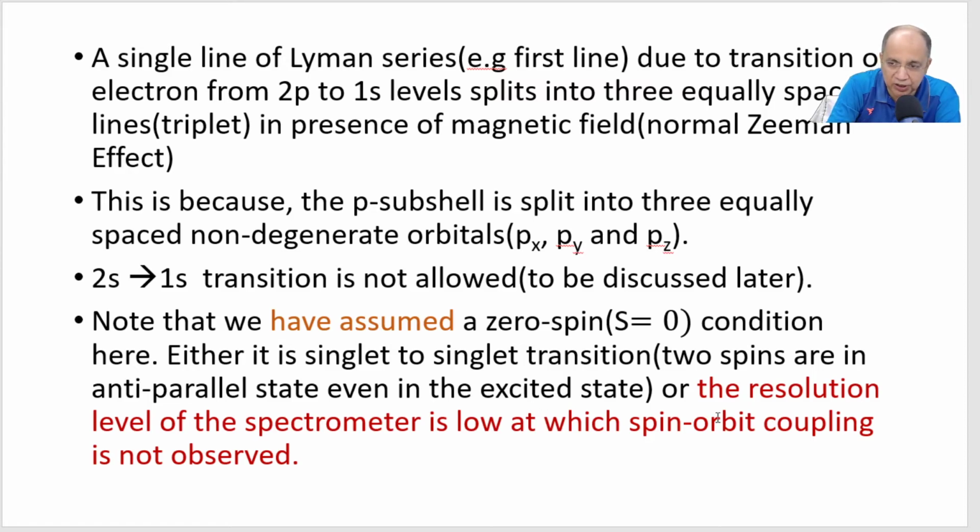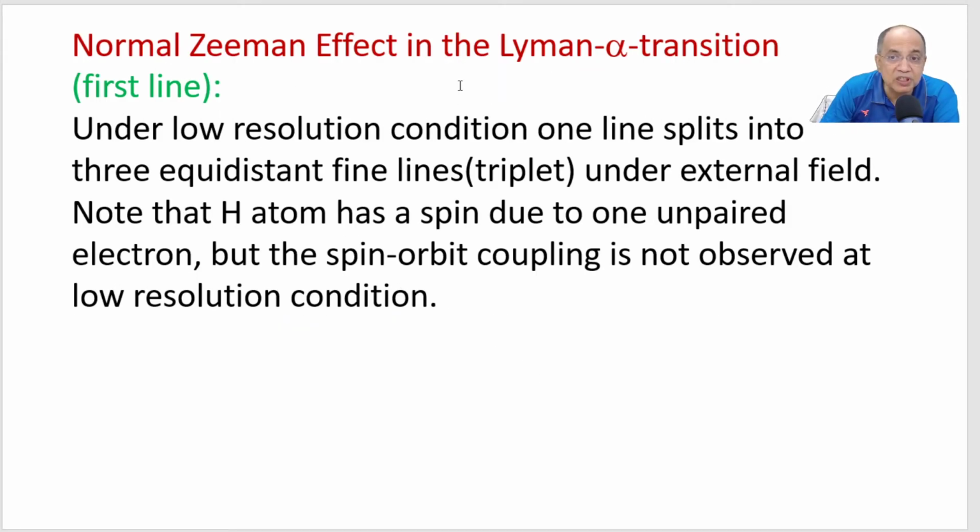So I'm reading it out. The resolution level of the spectrometer is low, at which spin orbit coupling is not observed, right? Normal Zeeman effect in the Lyman alpha transition. So I have already told you this is a repetition. Under low resolution condition, one line splits into 3 equidistant fine lines, a triplet under external field. Note that hydrogen atom has a spin due to an unpaired electron, but the spin orbit coupling is not observed